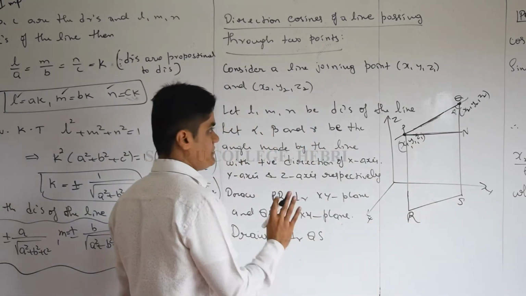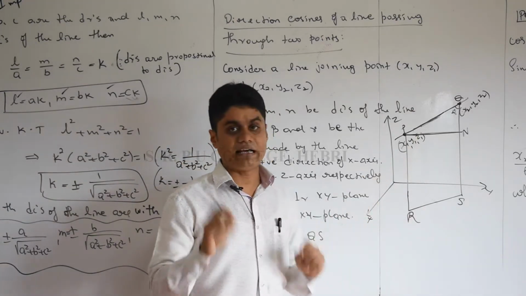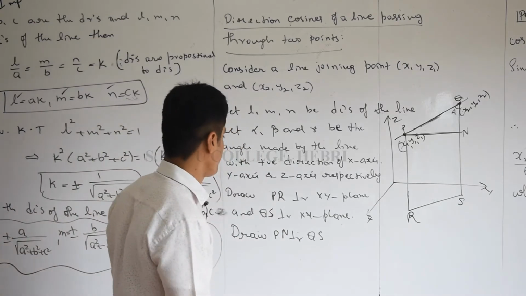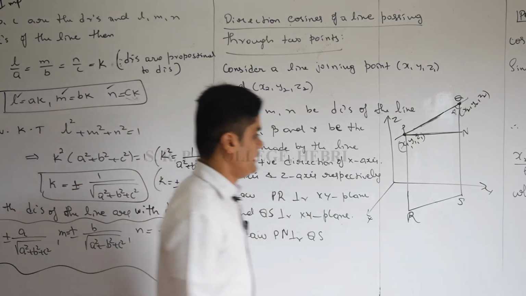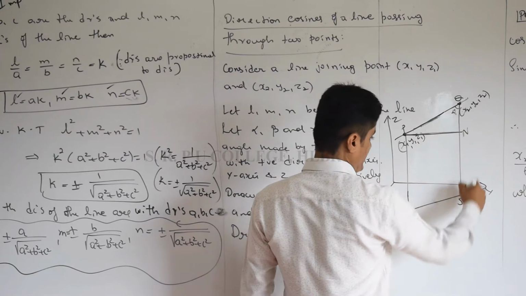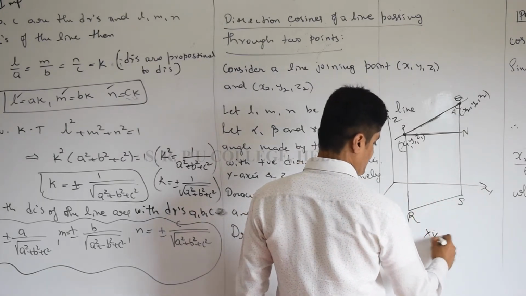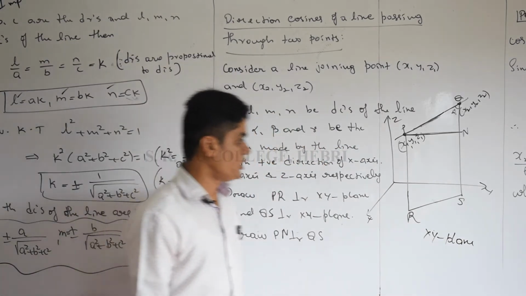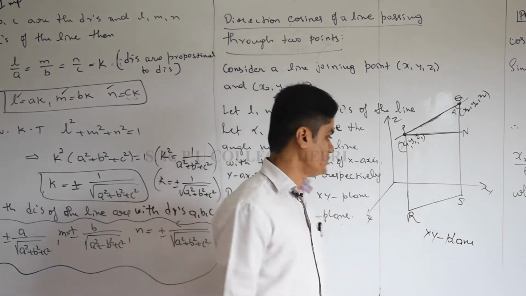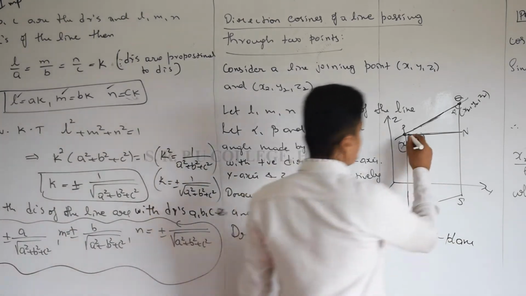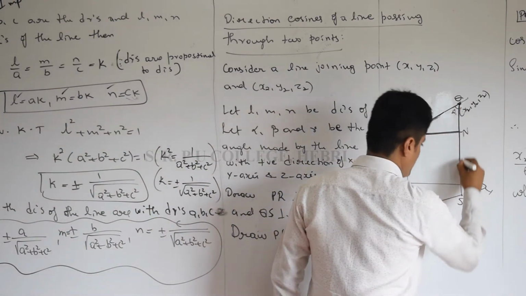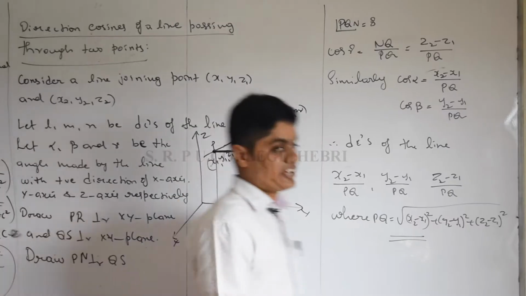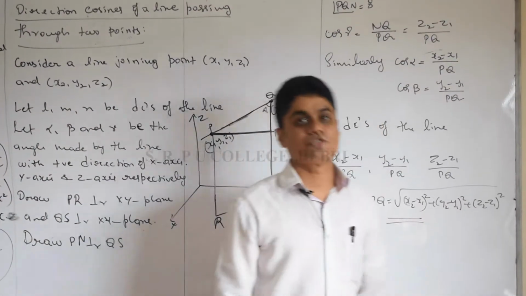Just imagine that this line makes angles alpha, beta, gamma with the positive direction of the x, y and z axes respectively. Draw PR perpendicular to the xy plane, and QS perpendicular to the xy plane. This is called the xy plane, the plane containing the x axis and y axis. Draw PR and QS perpendicular to the xy plane, as well as draw PN perpendicular to QS. Is the construction clear? Now I will show you how to use this construction to get the direction cosines